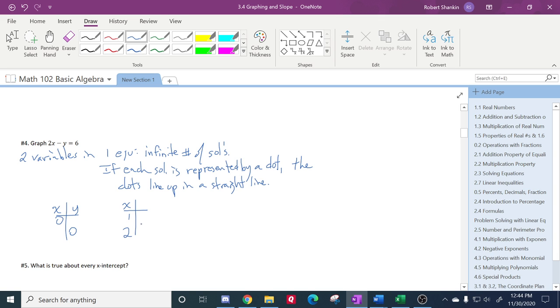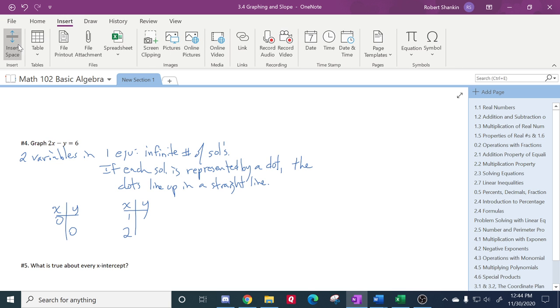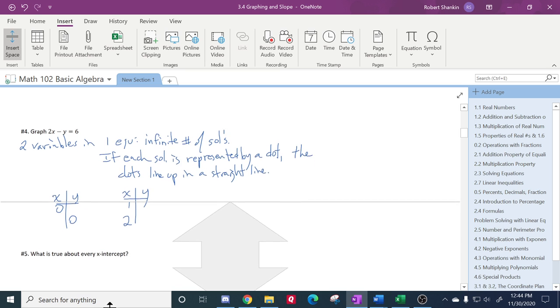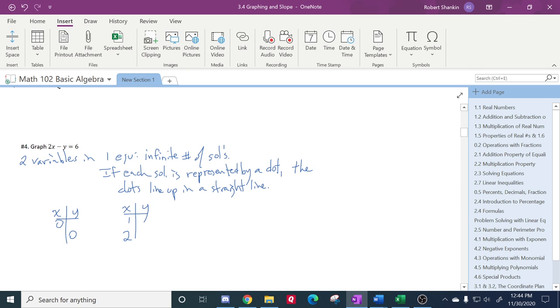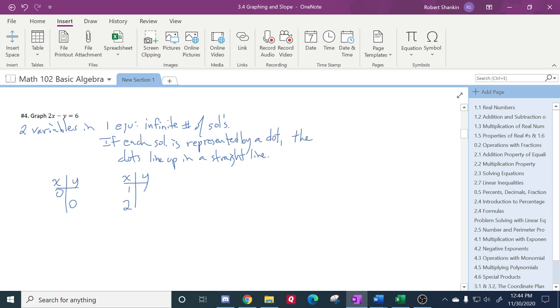Doesn't really matter what you pick. Doesn't matter which method you use, you need at least 2 points to graph the line. And then you could pick a third point to check, because if it doesn't line up on the line, that's a good check. Alright, so if we pick x being 0,